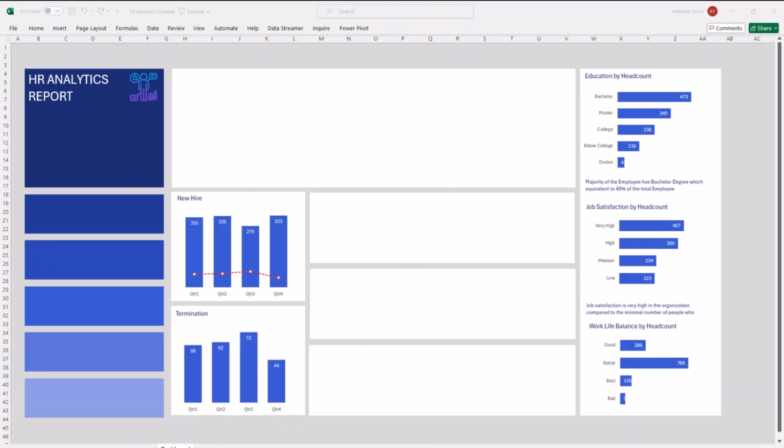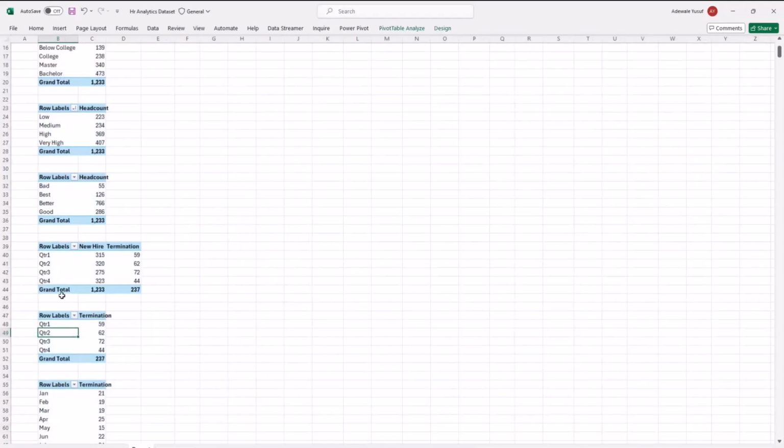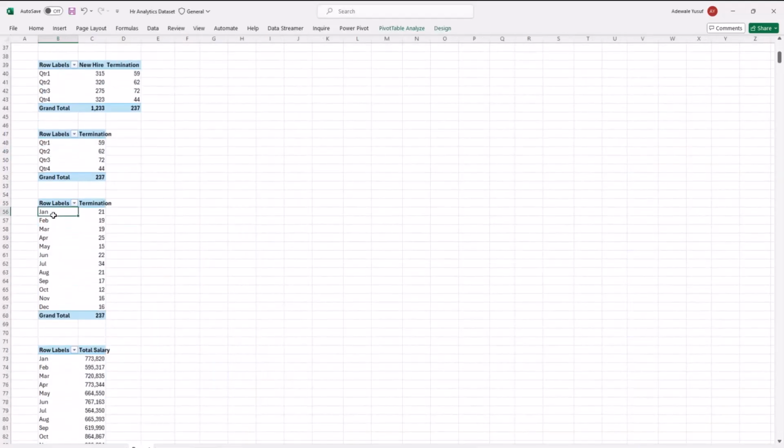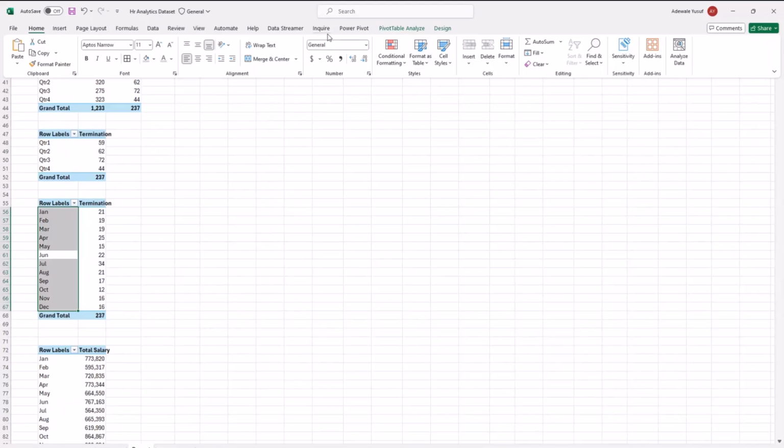So the next one is the, if I go to my report, so the next one I want to create is this monthly termination trend. So monthly termination trend, let's create that. So what I want to do there is I want to create a visual that kind of makes sense. And then I want to show trend lines of each of the visuals. But let me create a visual first.